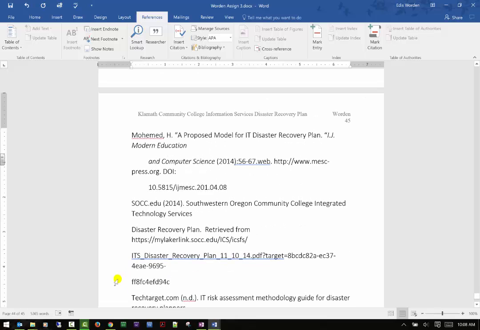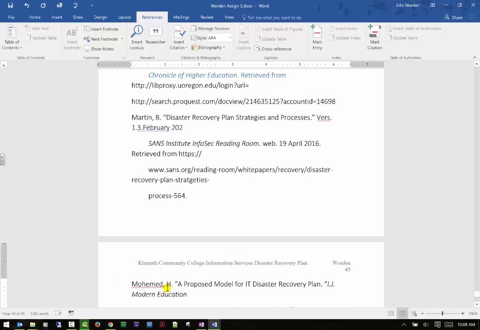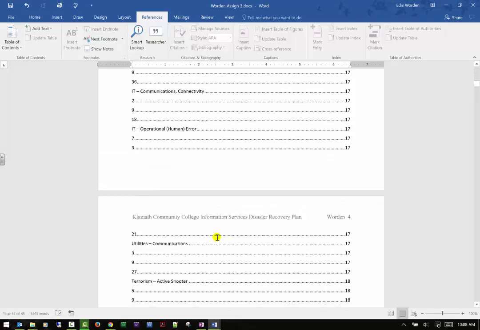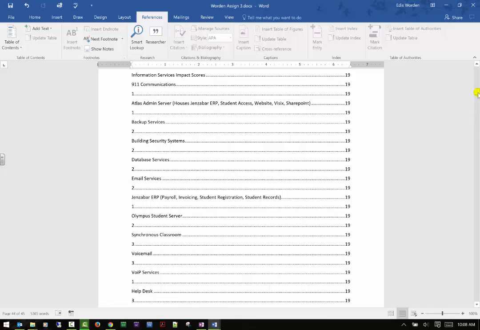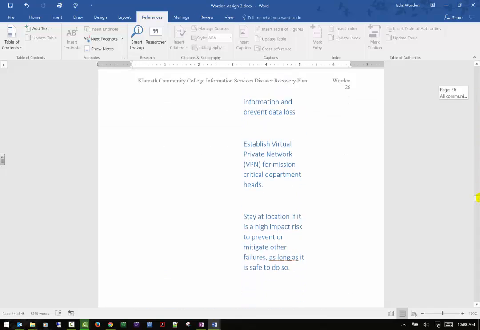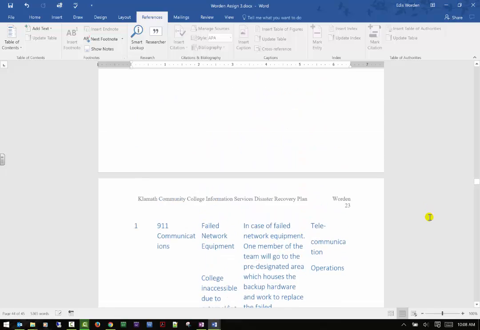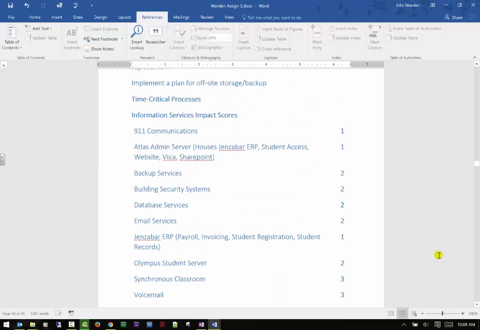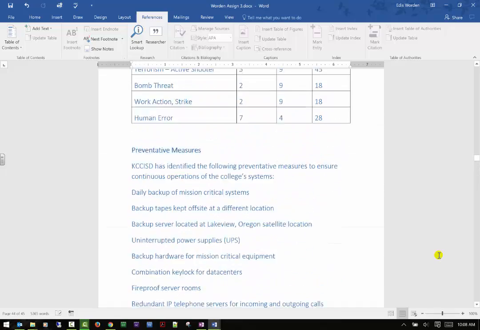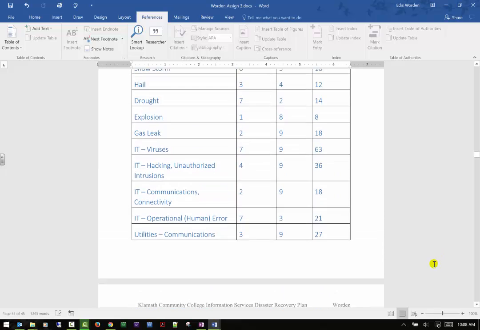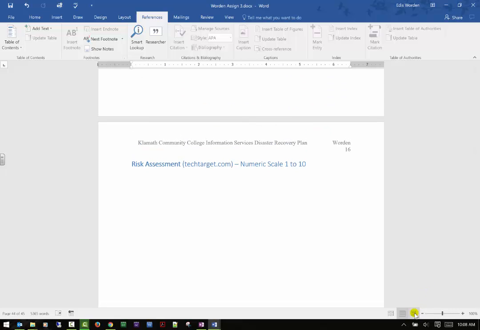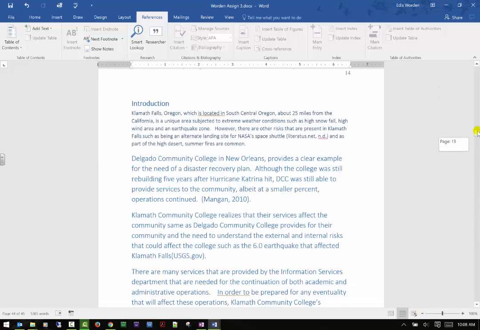And then if we go to the beginning of the document, let's see where I was earlier. Let's go on down here. Here we go. Oh, went a little too far. I just want you to be confident in doing these things, just to try them. While I'm looking for my page, because I've just messed everything up with the table of contents, which I think I'm going to turn off here in a minute,